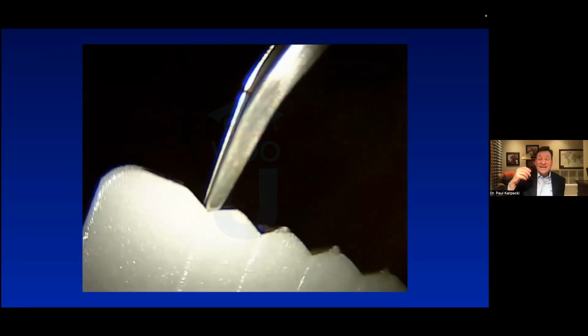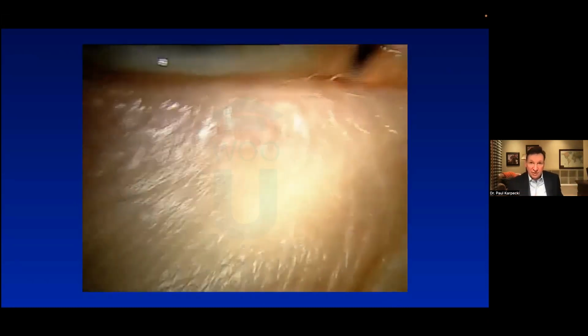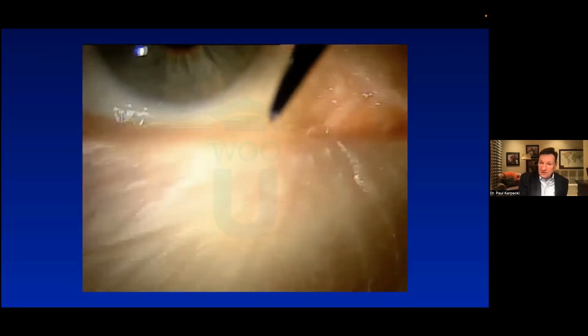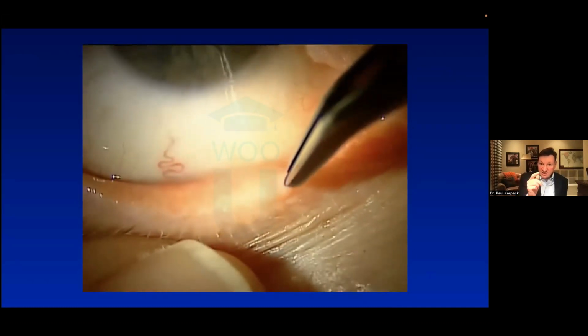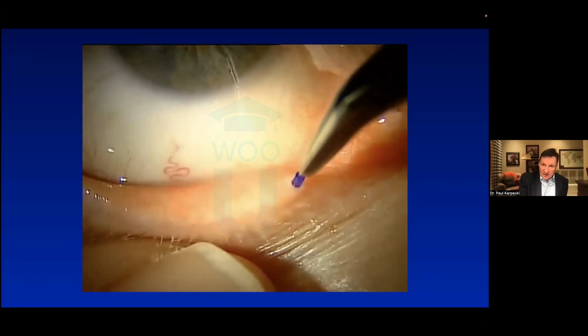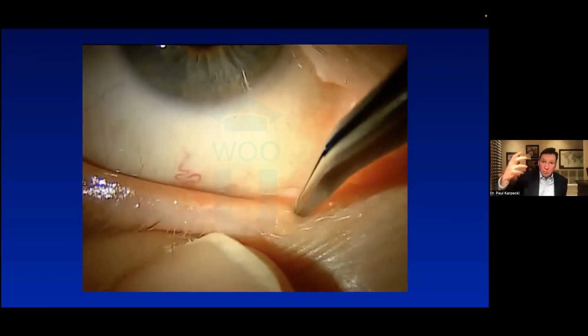Here's the newest technology. It's a tapered plug that's 0.2 millimeters at the end, meaning you get it in any patient's eye. The problem with the first one is if it was too big, it wouldn't go in. And if it was too small, and of course, this is after dilation, you wouldn't get a lot of blockage. This one starts tapered. And so it's the same material, but being tapered, I can get it into this tiny puncta and I can plug the whole thing now because it starts 0.2 and it goes up to 0.6.